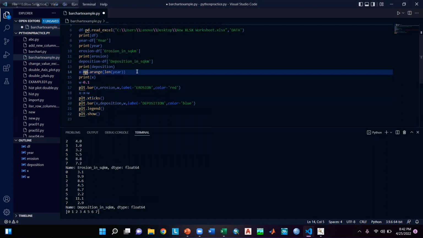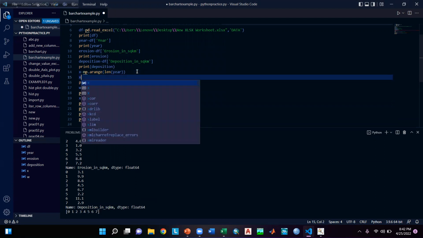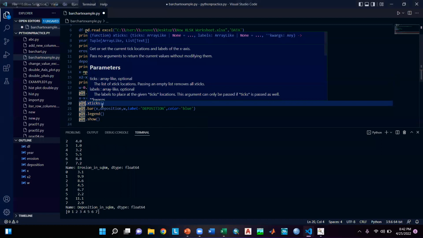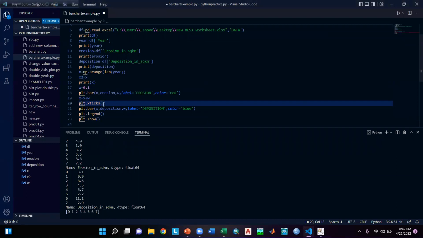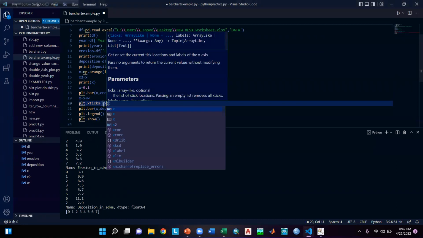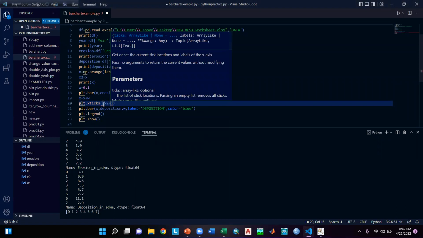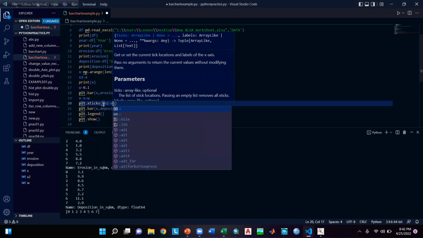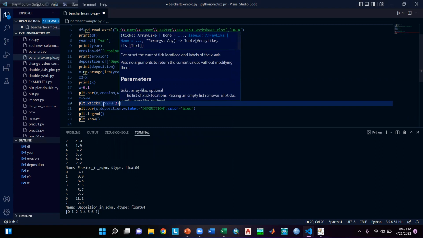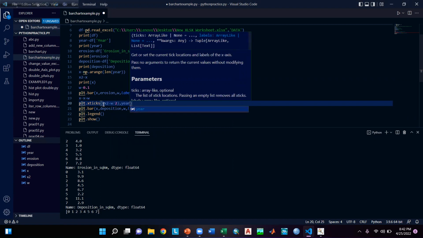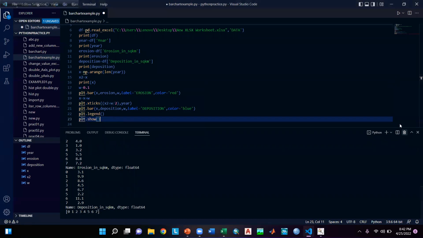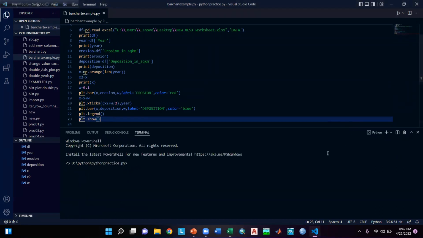before that, store the value of x here, x2 equal to x. Then write xticks x2 plus w by 2. Then give a comma and write here. So if you give a run here,